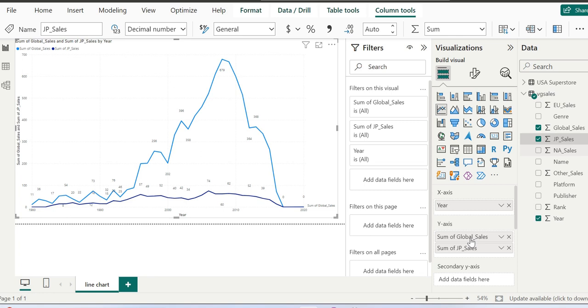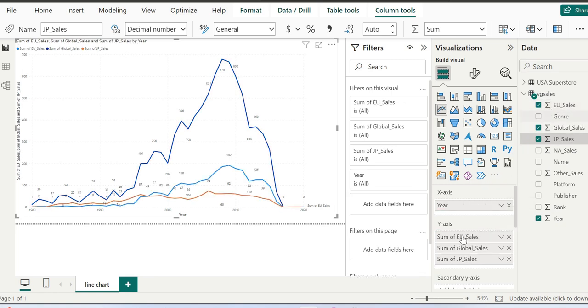Let's add a third series corresponding to sales in the European Union. We will drag and drop European Union here on the y-axis, and see there are three lines represented by different colors.